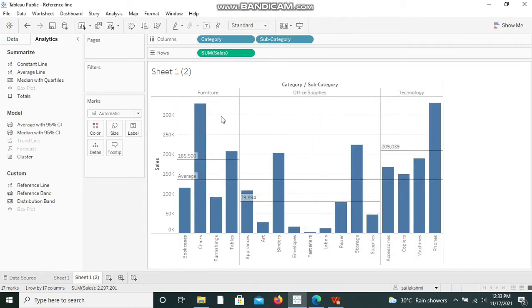So for each and every category we have a different average value. That's the purpose of per pane. Instead of displaying the average value of the entire table, it will display the average value of each and every category.